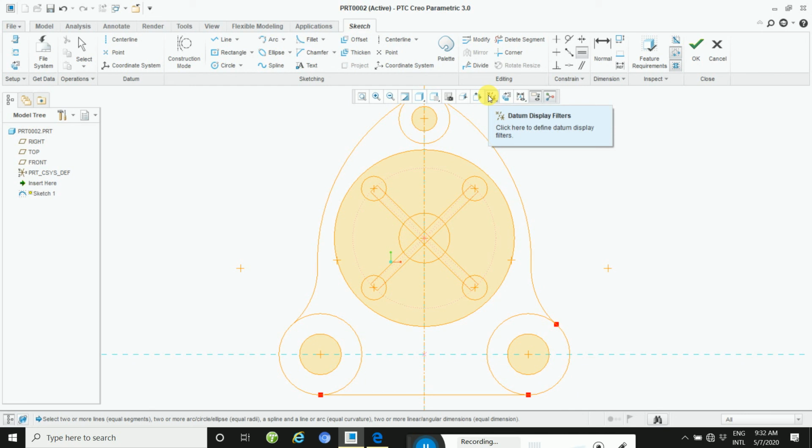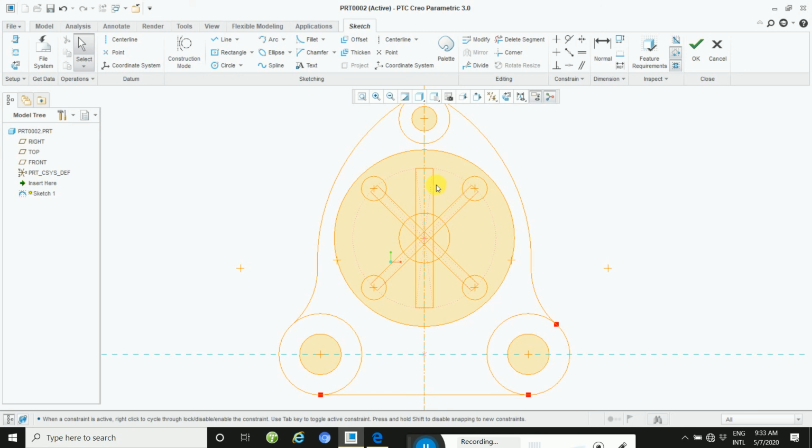Okay, and one rectangle is also rest, so take this way. Okay, and then equal.